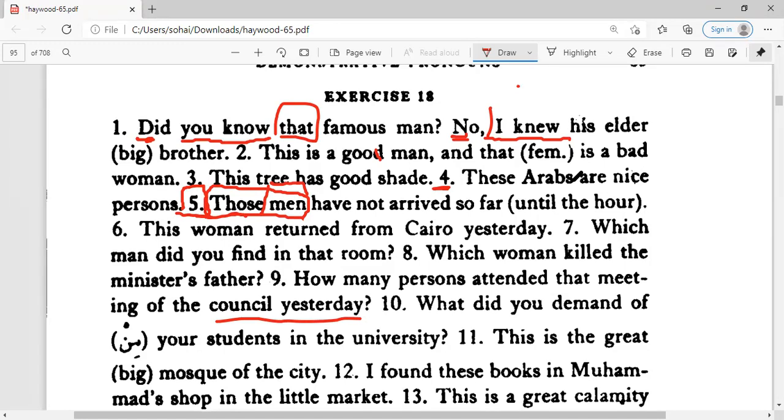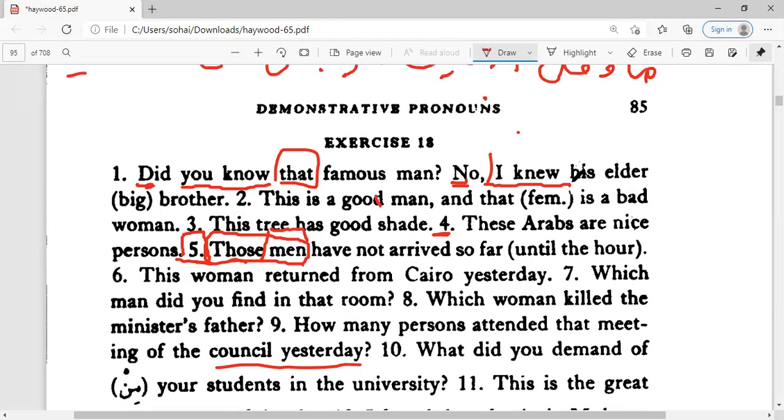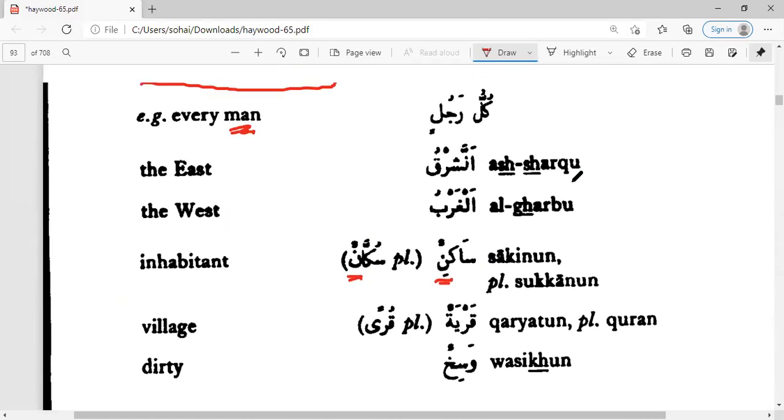How many? Okay. So if I take you back, Shariza,